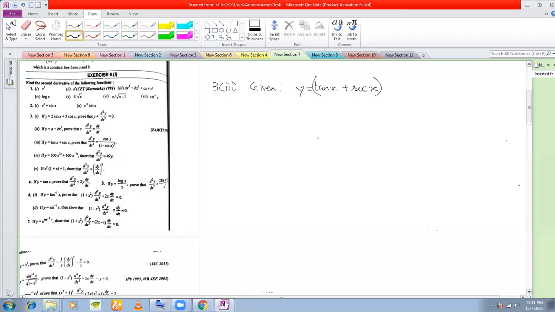Given here y is equal to tan x plus sec x, you need to prove that d2y/dx2 is equal to cos x by (1 minus sin x) whole square. First of all, we shall find dy/dx. dy/dx is equal to d/dx of tan x plus sec x